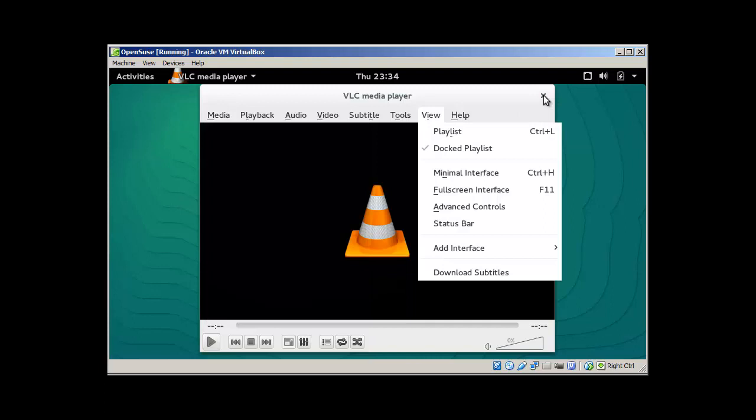And there are a number of other players like SMPlayer you can install in SUSE Linux. Then there is Bunchy. I have been using SMPlayer and VLC and they work perfectly fine. So that's all for this brief introduction of the desktop, and in our next video we will explore how we can start